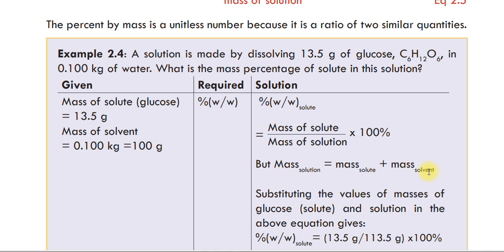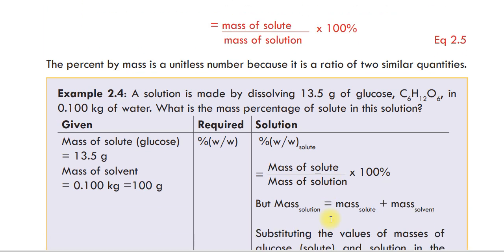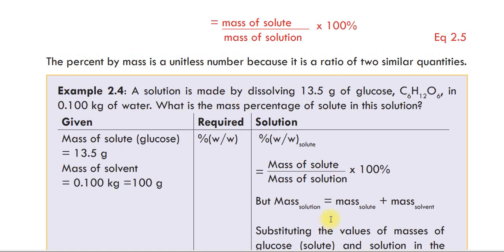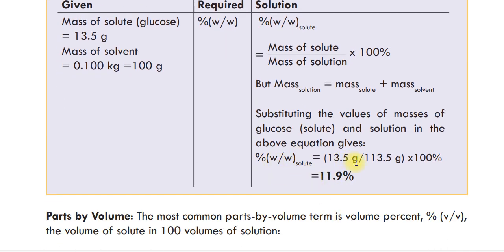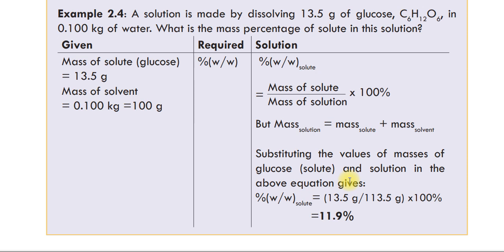አሁን የሶሉቱም የሶልቨንቱም ማስ ይታወቃል 13.5 እና 100 ግራም ማለት ነው። Substituting the value of the mass of the glucose, that is the solute, and the solution in the above equation gives percentage by mass of the solute, which is equal to 13.5 gram divided by 113.5 gram times 100%, which is equal to 11.9% ይመጣል። ያ ማለት ነው ይሄ 13.5 የሶሉቱ ነው ሲካፈል 113.5 የመጣው ደግሞ 100 ሲደመር 13.5 ነው። 100 ሲደመር 13.5 የሶልቨንቱና የሶሉቱ ድምር ውጤት። ስለዚህ 13.5 ሲካፈል ለ113.5 ሲባዛ በ100 that is 11.9% ይሆናል። ስለዚህ the mass percentage of the solute in the solution is 11.9% ነው እንላለን ማለት ነው።